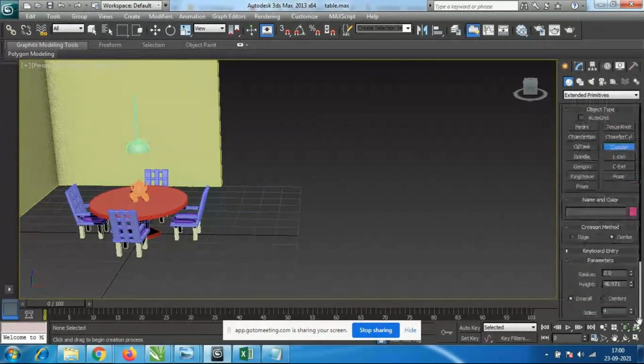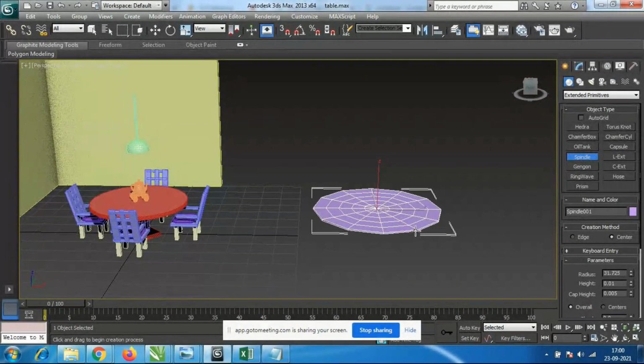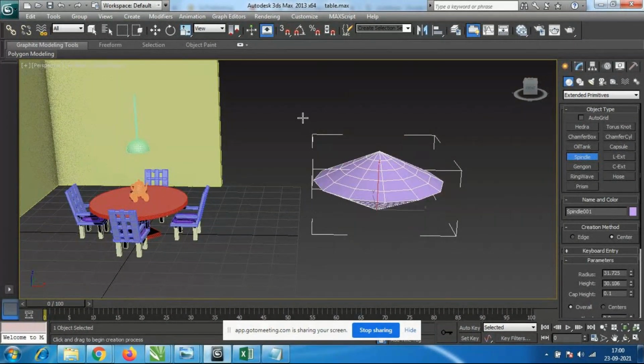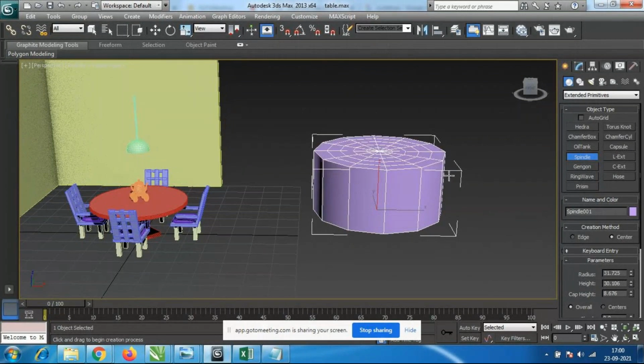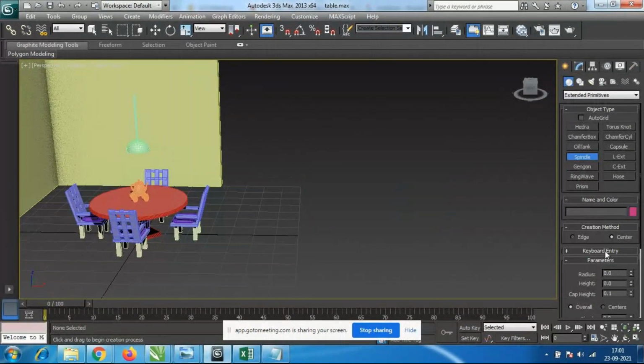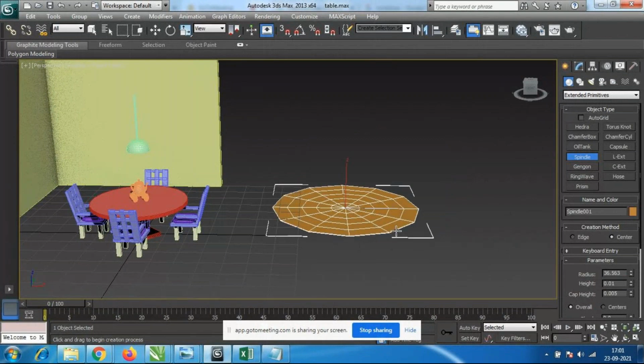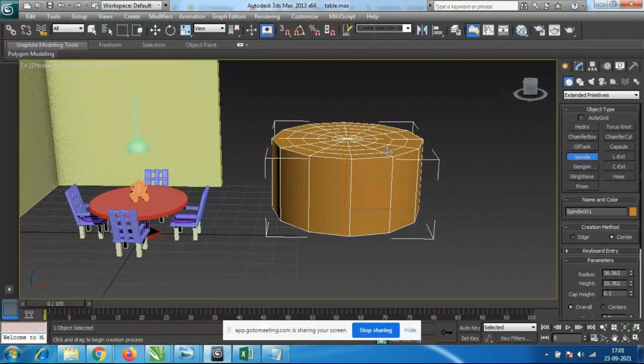Okay, and we have the spindle. You will get a shape like this. How this tool works: I just take this circle, take it a little up and click here, and I'll come back.